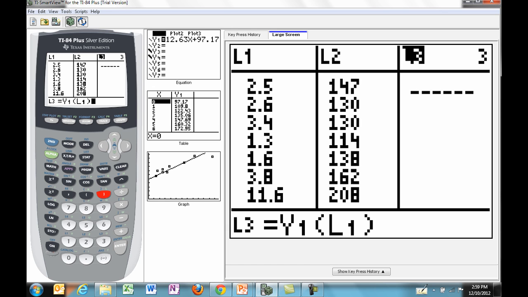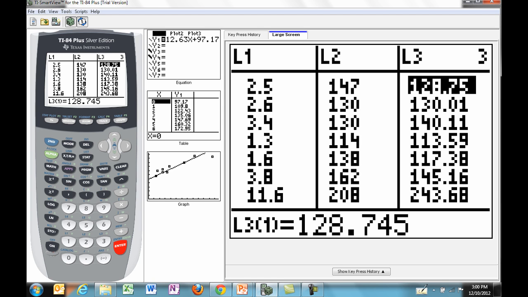This actually emphasizes function notation. My students sometimes will say y1 times L1, and I'll say, no, that doesn't really make sense. We're not multiplying the function by anything. We're actually evaluating it at x values. And in one fell swoop, with this command at the top of L3, my calculator can do that if I hit enter now. So all of these y values right here are what one of my participants suggested were these